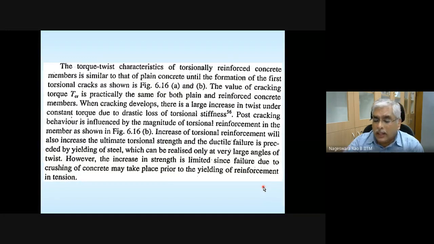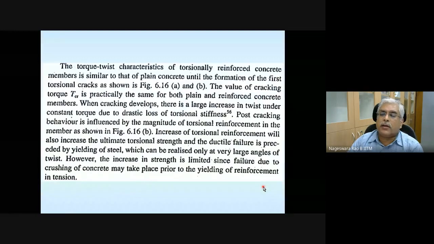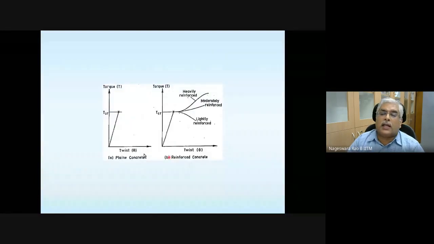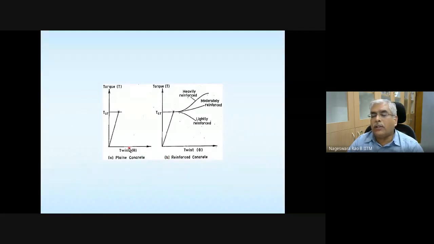And now, I just mentioned that the behavior of a plain concrete member is going to be similar to a reinforced concrete member before it actually cracks. When a member is subjected to torque or torsional moment, instead of a stress-strain curve, you can plot torque versus angle of twist.